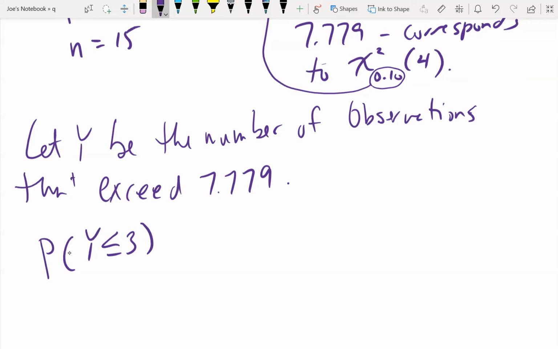Right? So if I were to write this out in summation notation, what would this look like? Sum from y to...